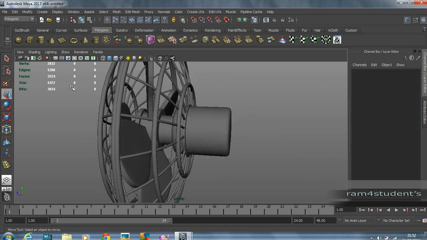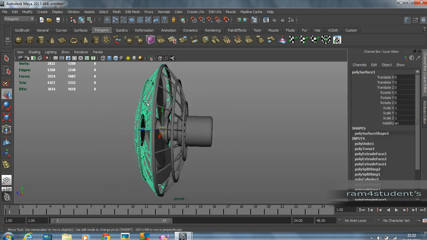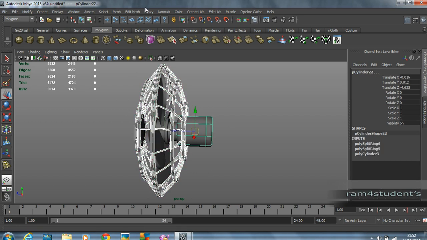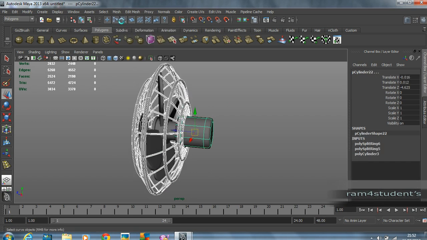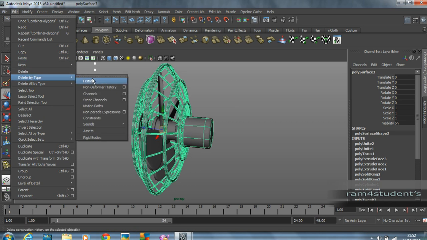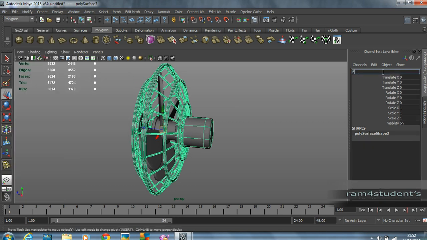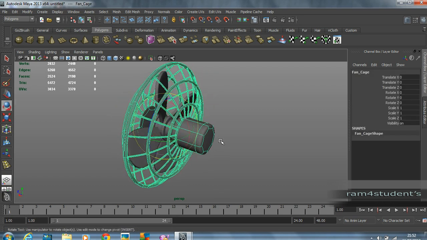Now we are done with the head. So select all of this and mesh, combine, delete the history, and